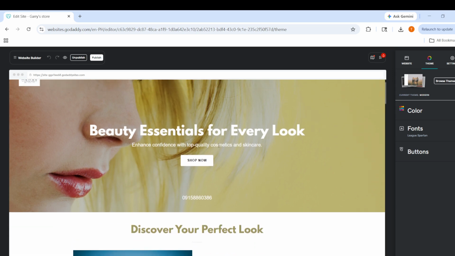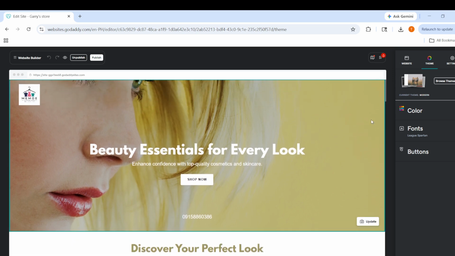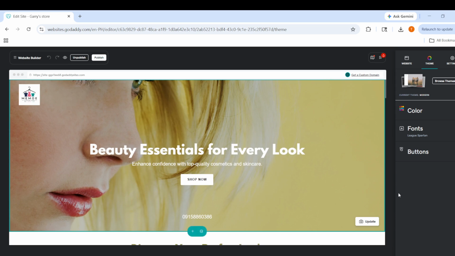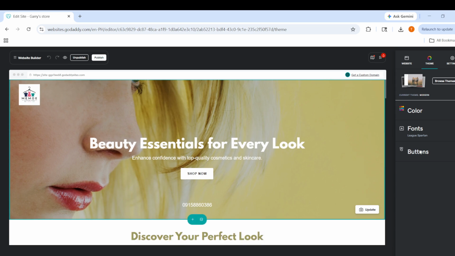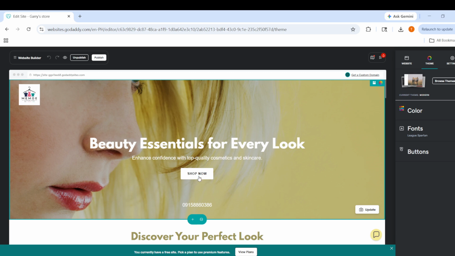Once you are inside the editor, click directly on the action button that appears on your screen. When you select it, a settings panel will open on the right side of the window. This panel is where you control how the button looks and what it does. If you do not see the panel right away, make sure you clicked on the button itself and not another